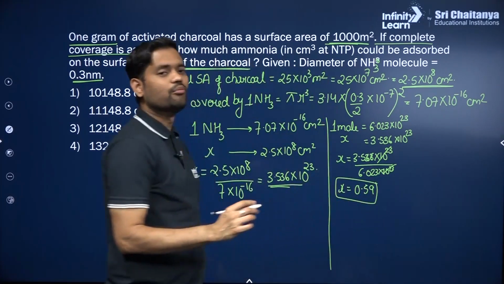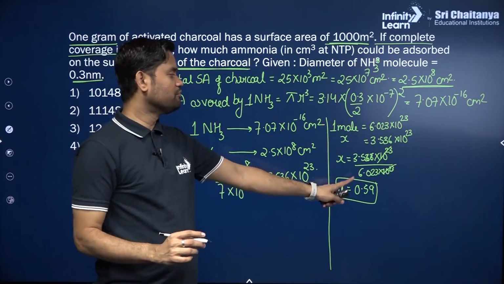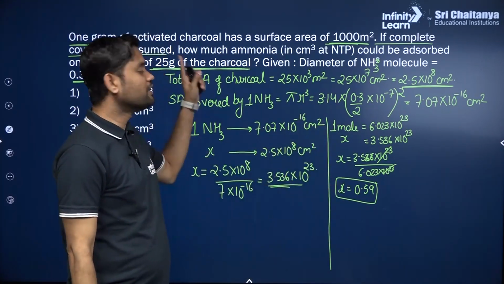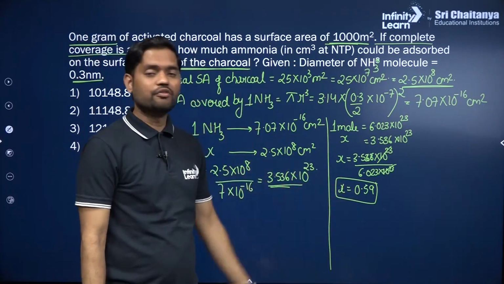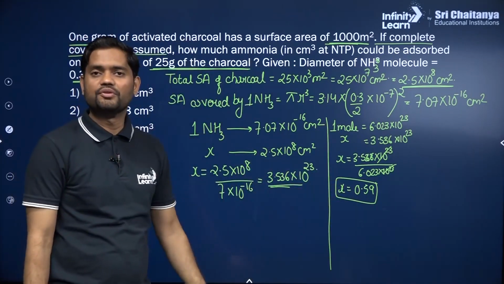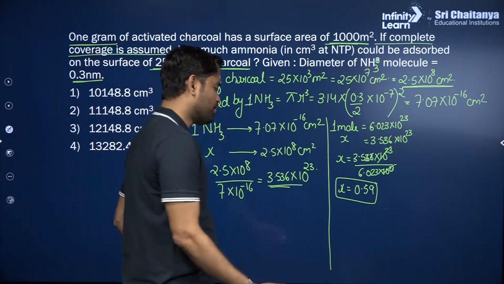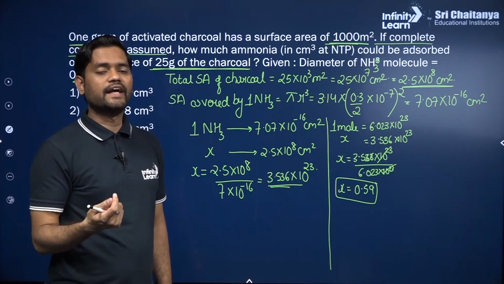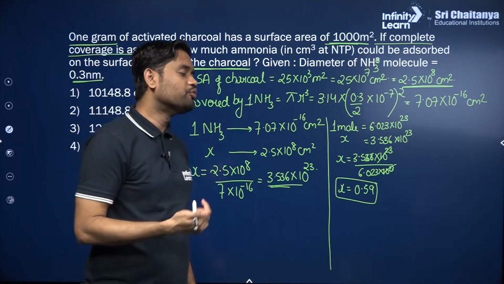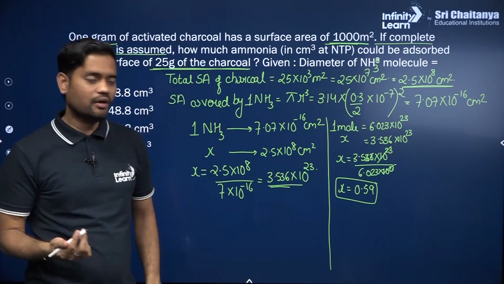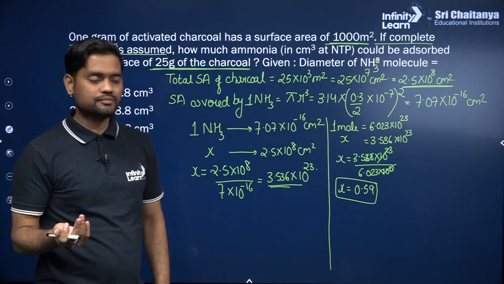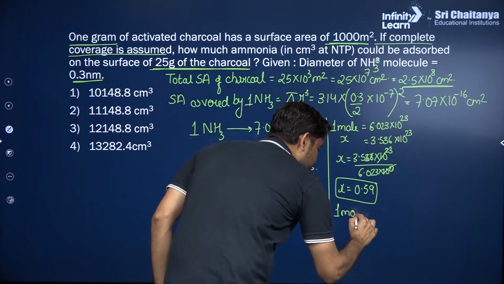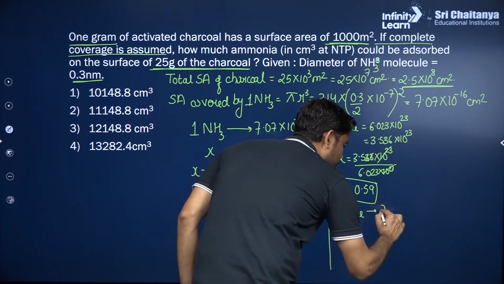Okay, this is the mole. This many moles are required. So all this molecule that has been covering the charcoal area is equal to 0.59 moles of ammonia. Last calculation: 1 mole of ammonia, or 1 mole of any gas, occupies 22400 cm³ of volume. So 1 mole, again I am writing, 1 mole occupies